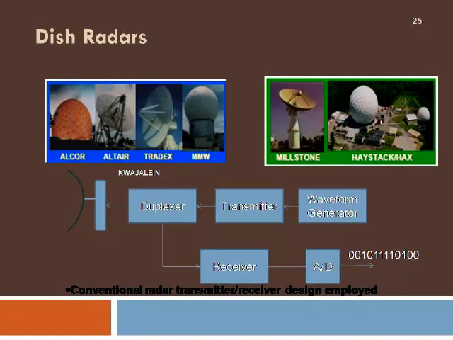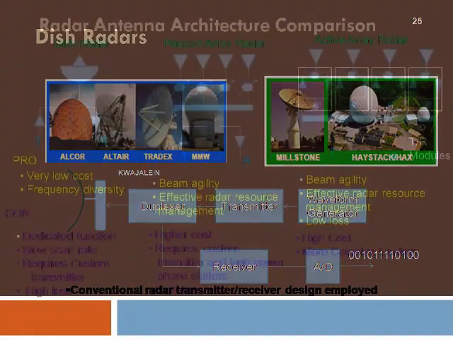The output is directly connected to the antenna, and the received signal from the antenna comes via a duplexer. We give that input to the receiver, which converts it into a low frequency one, and this analog output is converted to digital form for further processing. This is the most conventional block diagram of a radar system, which is used in most of the radars shown in the slide there.